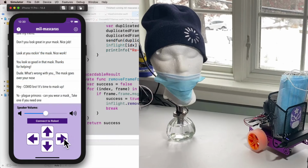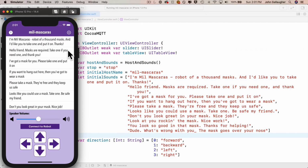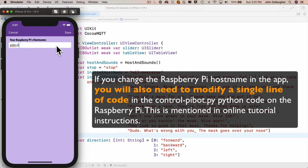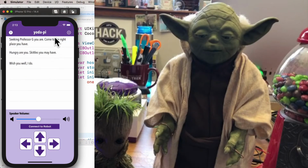Now, the app that you can download from the App Store can also be used in ways beyond the specific robot. So if you want to give your Raspberry Pi a different name other than Meal Mascaras, the app will support that. Now, you can also use the app to just send sounds to be played remotely, which is handy if you want to create a project that embeds a speaker in a doll or another object and performs some